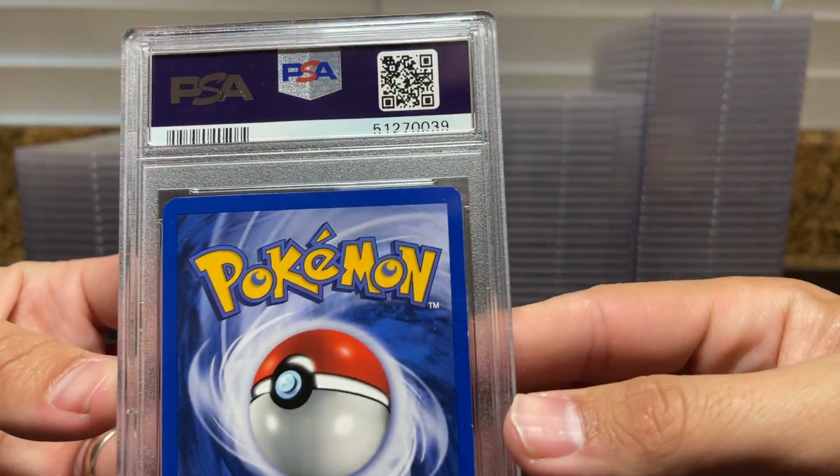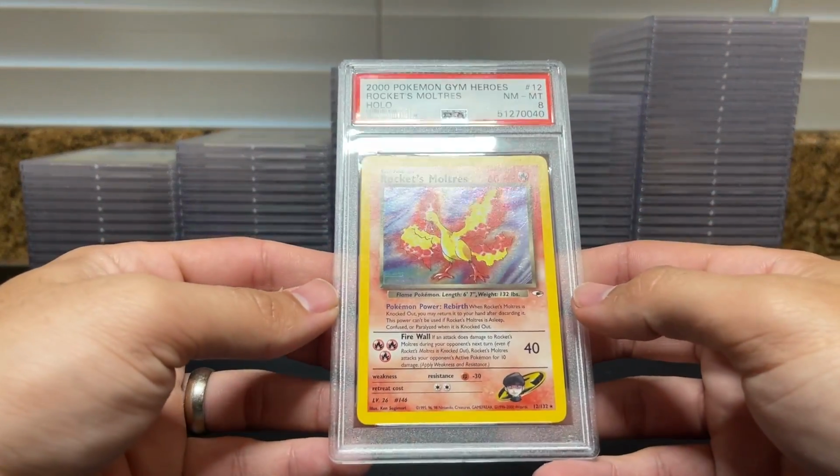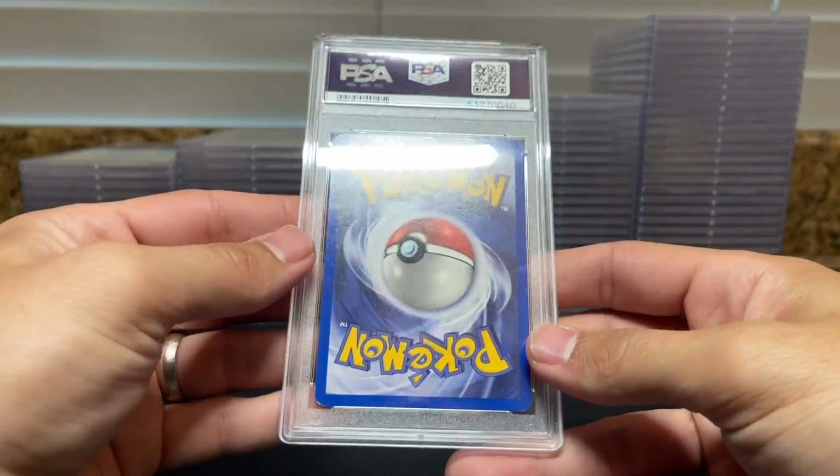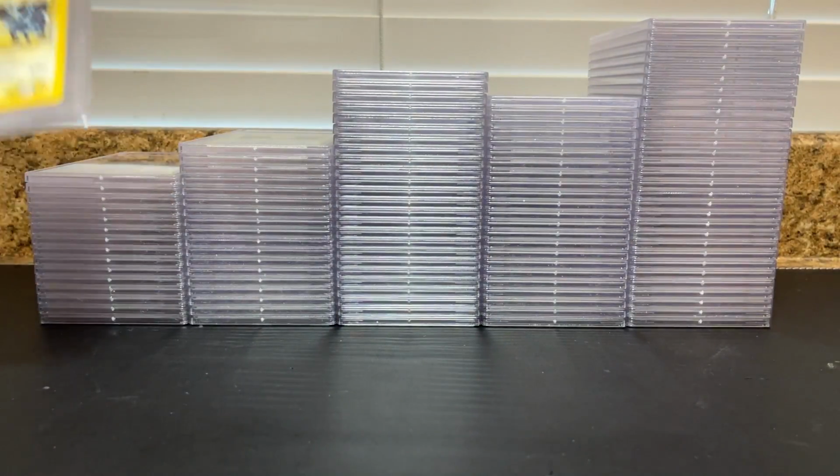I just feel like some of these could have been 10s. I mean, I get it, there's a little white there, so it's hard to argue that. I just... Rocket's Moltres, another one as an 8. They're close. They're in good shape, though, so...